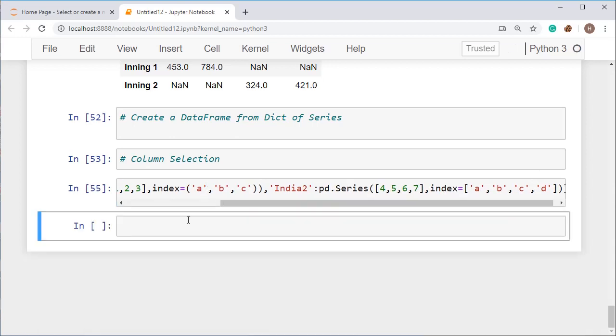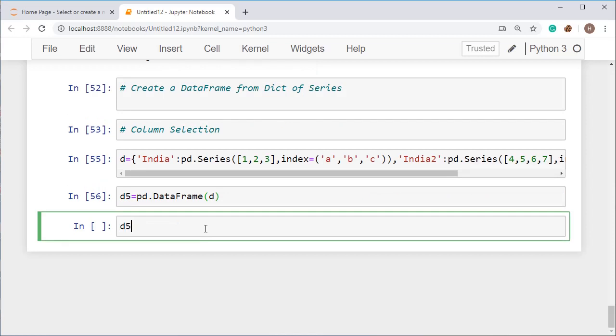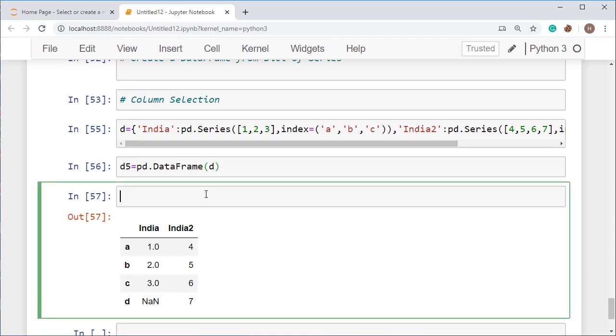Okay, so we have created this thing. Now I am going to create a data frame first. So d5 will be pd dot DataFrame, and just pass the variable name d. Okay, so this one is going to be the data here. Okay, so you can make column selection, like I am going to select a column by using d5 and just use India.